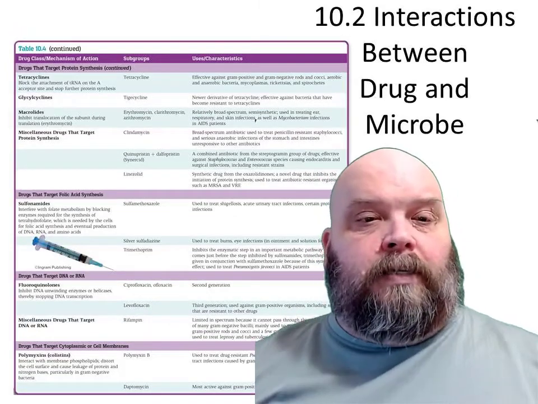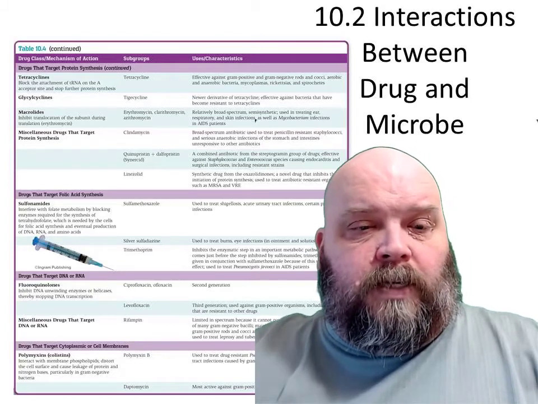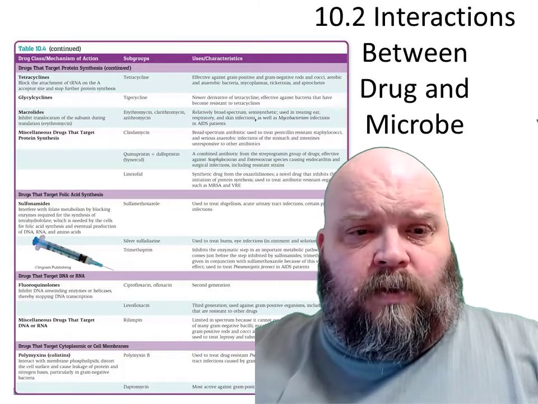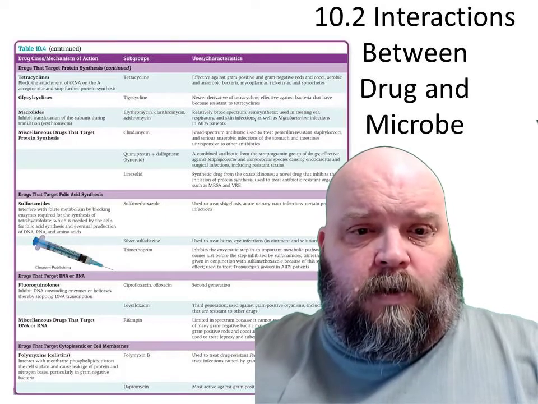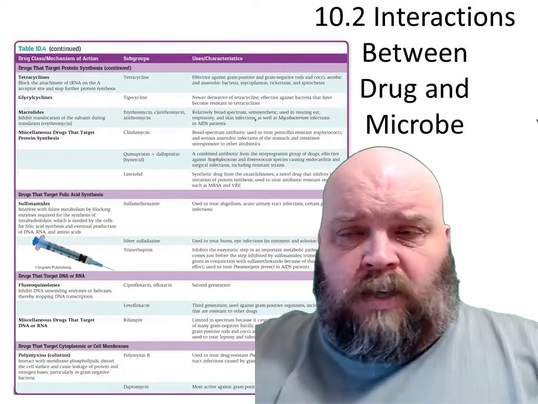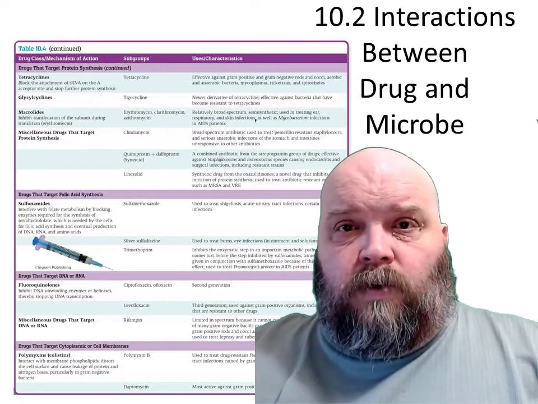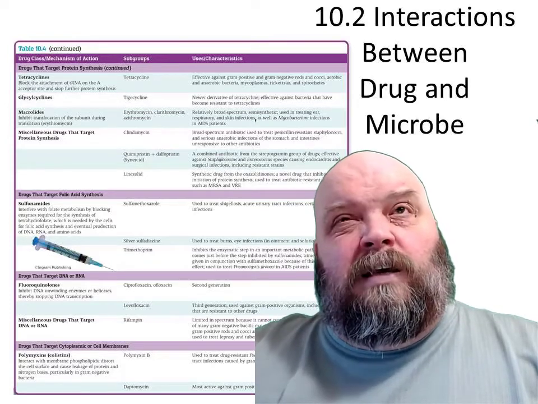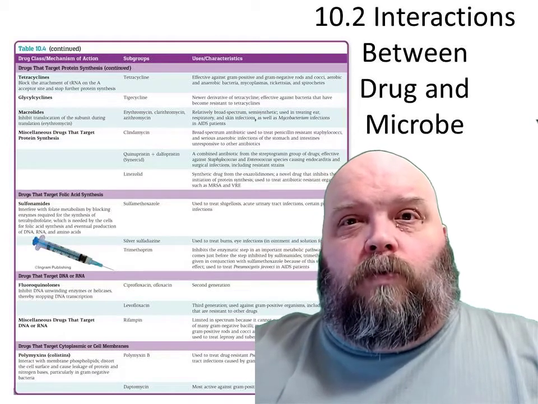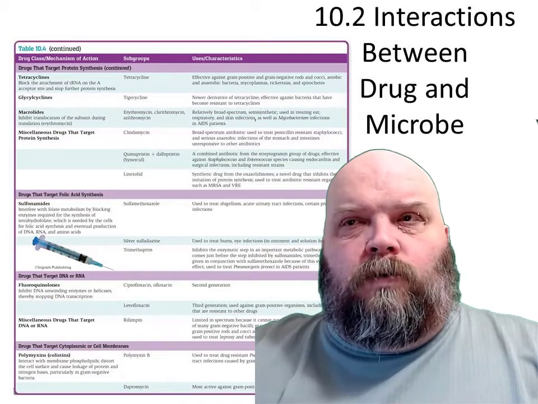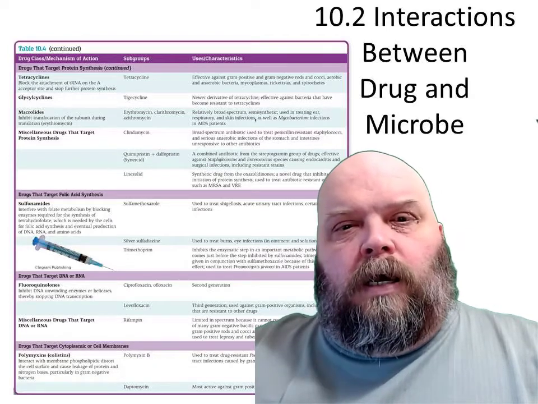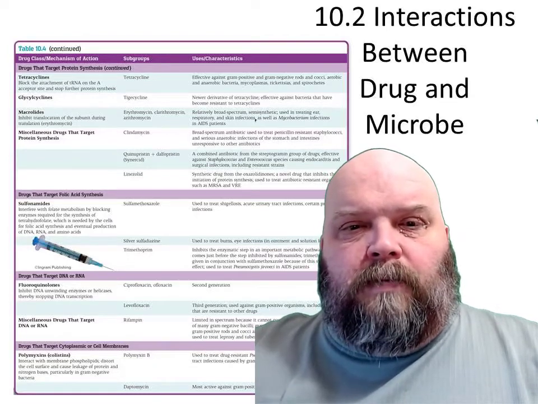And then you look at the drugs that inhibit protein synthesis and folic acid synthesis. We talked about the folic acid synthesis. This is one of the original sulfa drugs. Sulfa drugs, if I remember correctly, came out just before World War II and were used throughout World War II. I'd have to go back, I can't remember if it's World War II or World War I. This inhibits